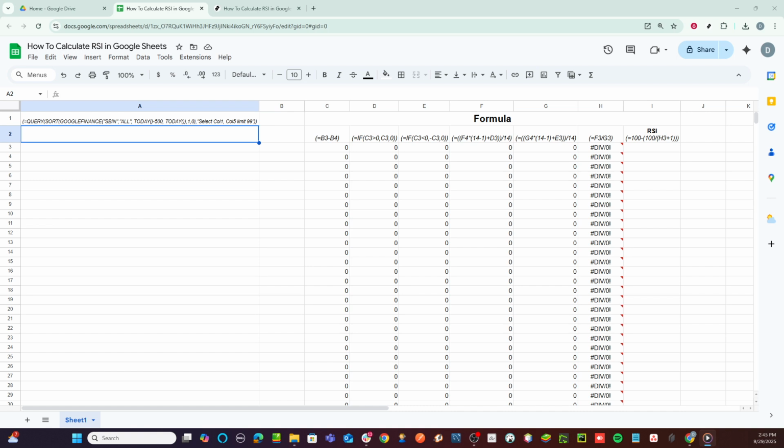First, you'll want to open a new Google Sheet. If you're not already signed into your Google account, you'll be prompted to do so. Once you're in, we'll begin by clicking on cell A2. This is going to be our starting point for importing stock data. The formula we're about to use will help us pull in historical stock prices, which is essential for calculating the